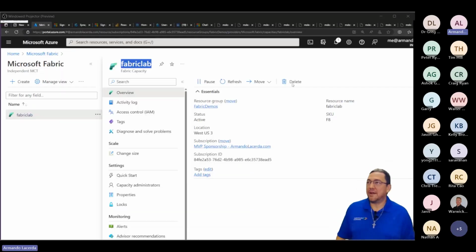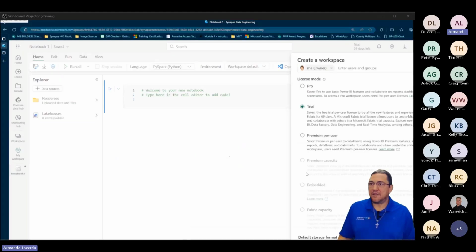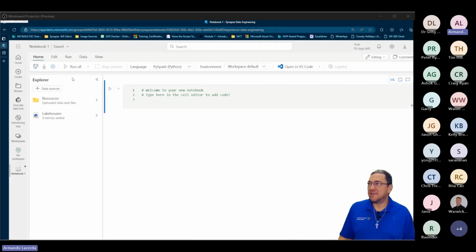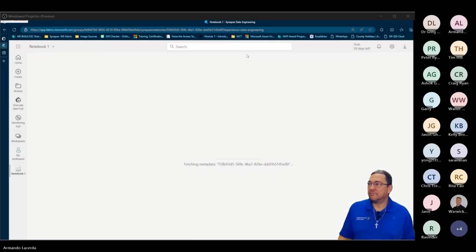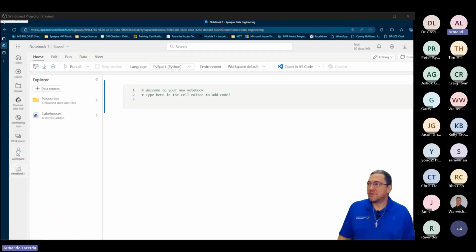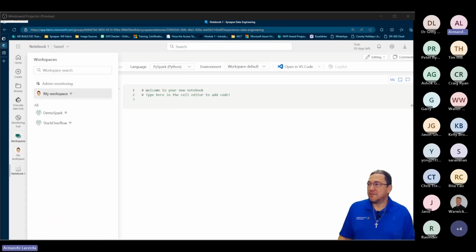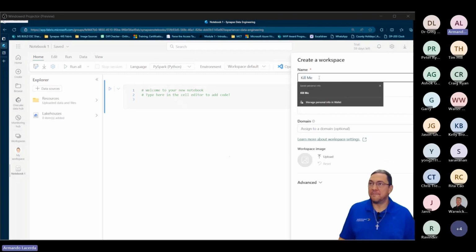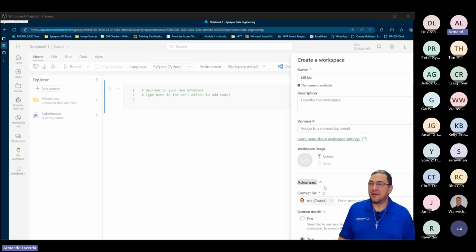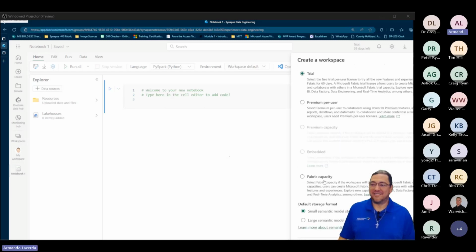So it should be back up. All right, it's already up there. So let's go back to my Fabric environment that was there before. This guy here, so right, it was disabled. Everything here was disabled. Let me do a quick refresh on this one. Reload. So let's try that again. Workspace, new workspace for this demo here. So, Kill Me Later. And if I go down here and scroll down, look at that.